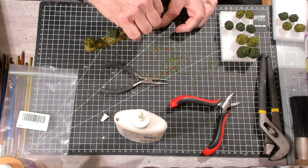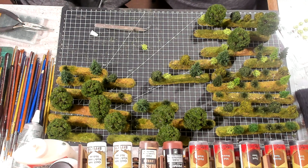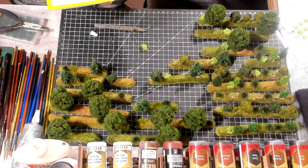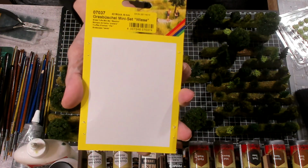Alright, moving on to the next one. Alright, now in this group here, you can see that I have some pine trees in there as well. And those pine trees came from Heike. I had a box of 100 pine trees. Now we're using the Noch